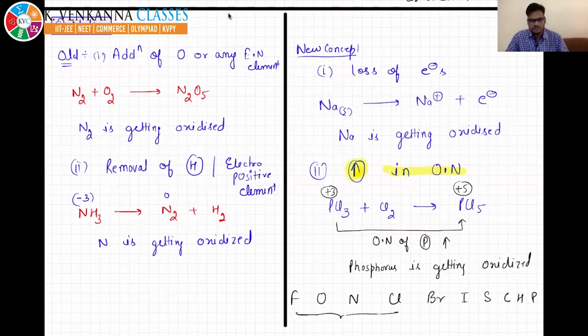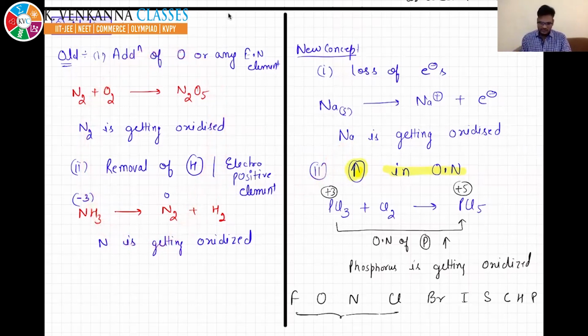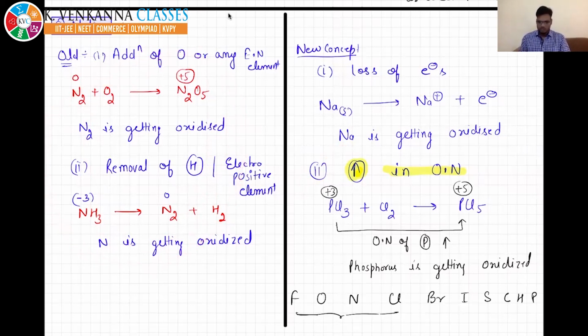Please quickly respond. You need to apply this method. This was for 9th and 10th class students, and you will see in NCERT this is the old method. This is a better method. In all these cases, the oxidation number is increasing. You can see 0, here it becomes +5. In both the cases, the oxidation number is increasing. So in all the above examples, oxidation number is increasing. This is a very foolproof method. Through this, you can easily identify whether oxidation is taking place or not. Is that okay, beta?